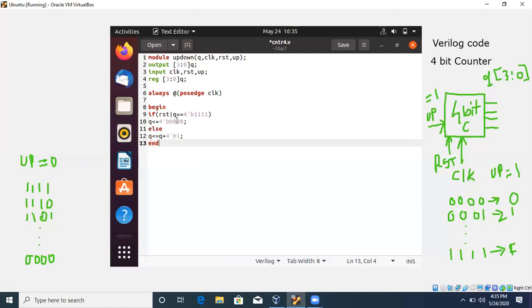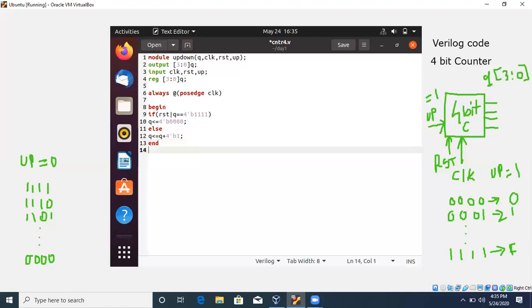We cannot go beyond 1111. So for that condition we are applying reset here, so that your output will reset. If it is already at 1111, it will reset to 0000 after application of reset. Otherwise it will start from 0000 with 1 increment at each interval till it reaches 1111. So this is about the up condition.